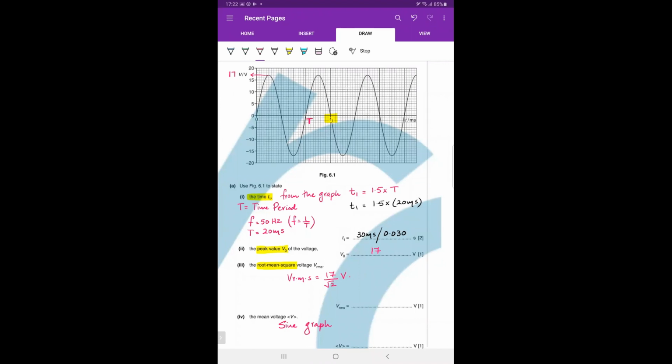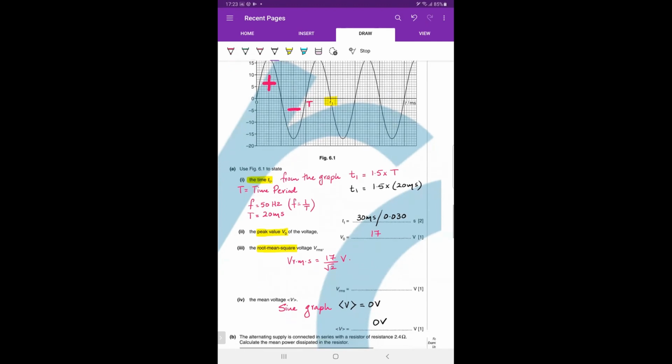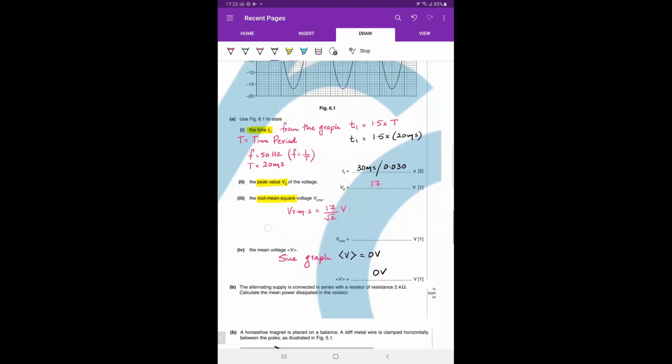So you would expect the positive and the negative values to cancel out each other. I'll just highlight those values in the diagram, तो आप follow कर लोगे ना. So the positive value and the negative value cancels out. Sine graph है ना. So therefore the mean value turns out to be 0 volts. मैंने plus minus diagram पे लिख दिया है. Yes, mean value is actually the average or the mean position, बिल्कुल. So since the graph is symmetrical about the x-axis, जितना ऊपर है उतना नीचे है, so the mean value turns out to be 0. Last part में,